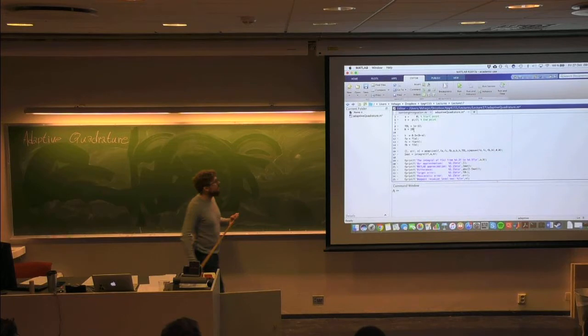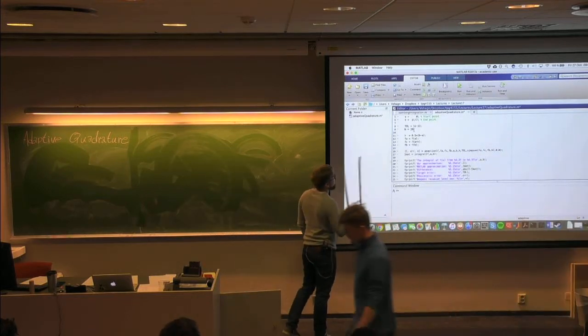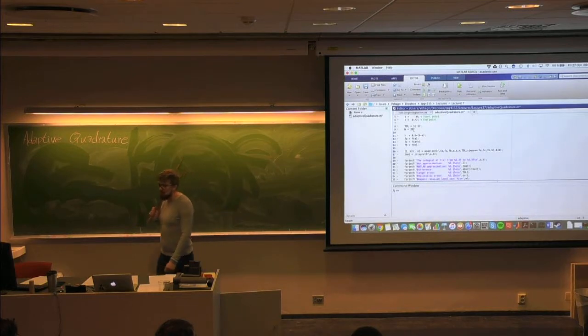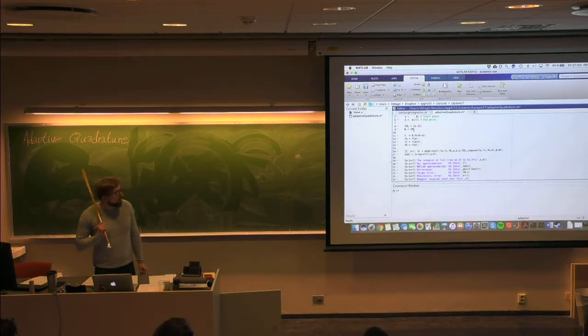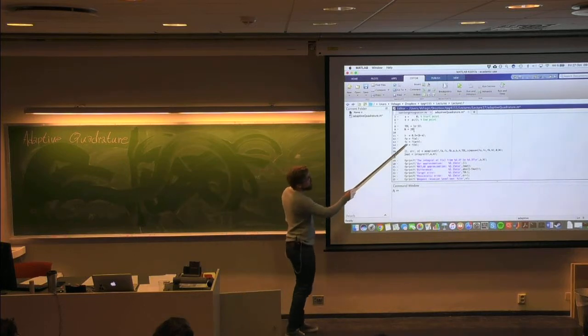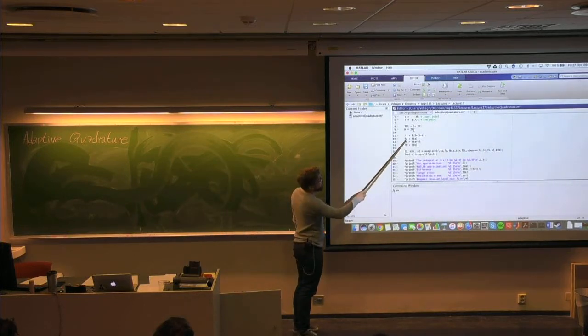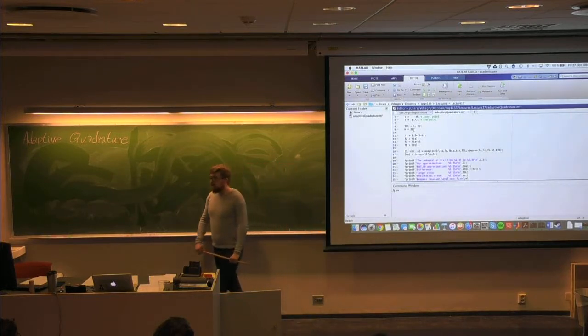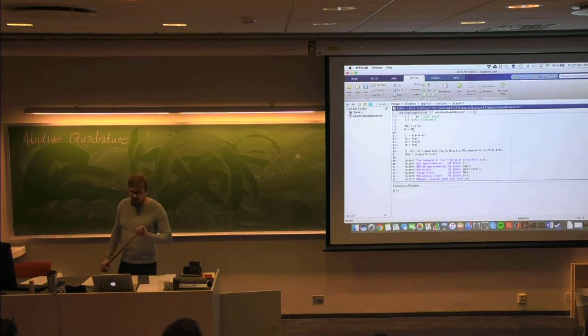Again, you start with calculating the h. Well, that's b minus a divided by 2, or 0.5 times b minus a. You do the function evaluations. So this is so that you only need to do the function evaluation once. So you assign the variable fa, the value of the function evaluated at the point a and c and b. And then you start the